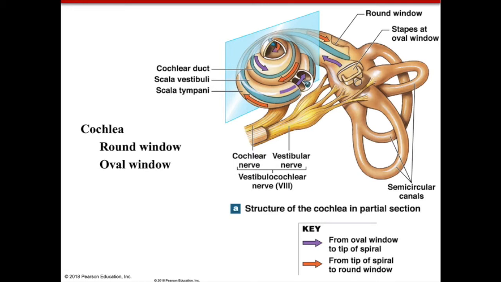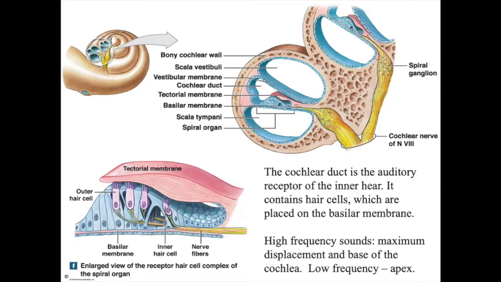The round window is for the exit of the axons that form the nerve. The oval window is for the connection between the stapes and the cochlea. So what does it look like inside? So here you have the cochlear structure cut, and we see that we have three areas: